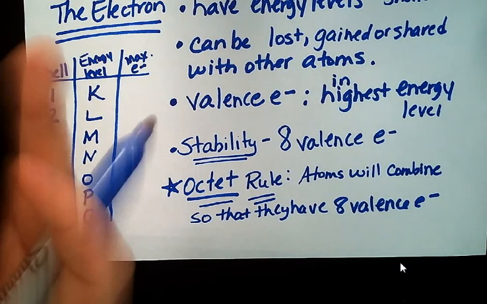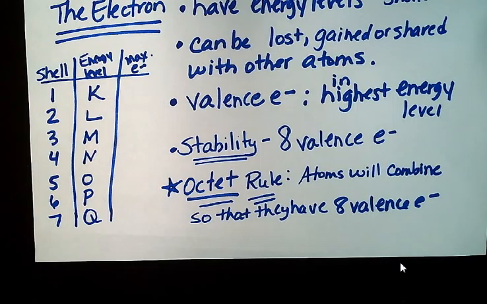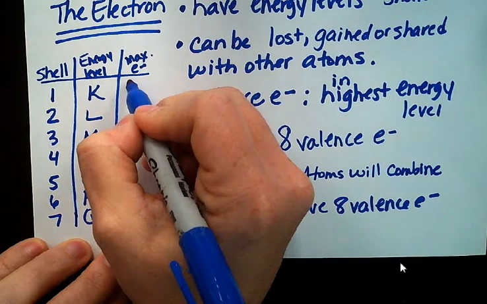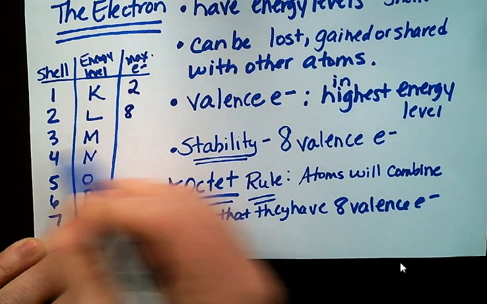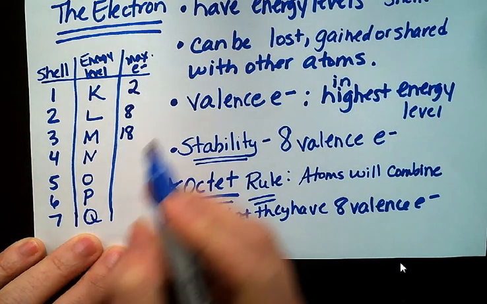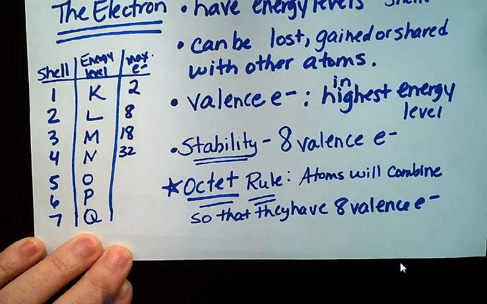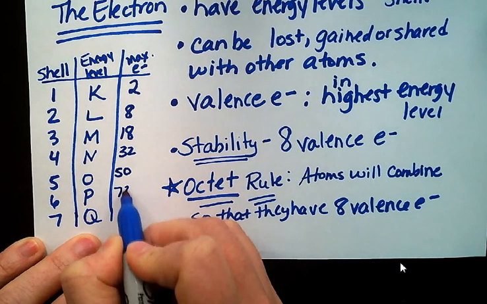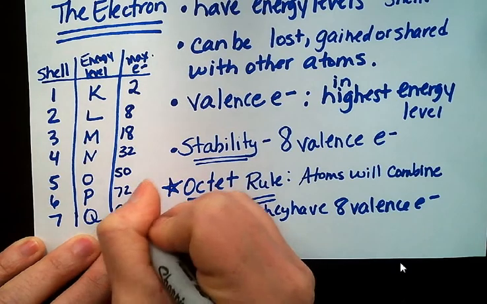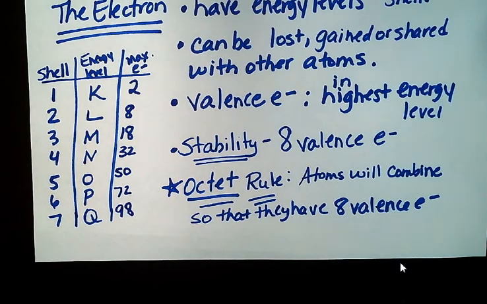So the maximum number of electrons that they can have, this one can have 2, this one can have 8, the third shell can have 18, the fourth shell can have 32, the fifth shell can have 50, the sixth shell can have 72, and the last shell can have 98. Now, you don't have to memorize those. If I have to think about how many can fit in this shell, I have to look it up, okay? And so you don't have to memorize that, but the 2, 8, 18, that's a pretty good rule of